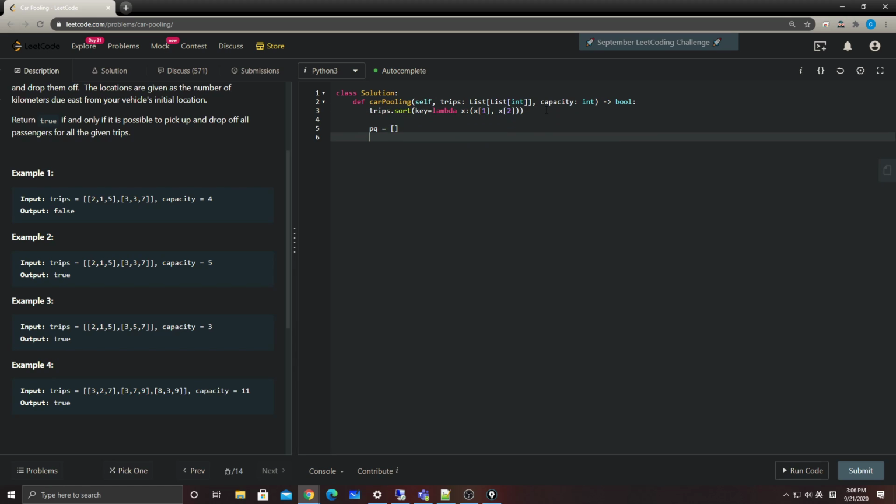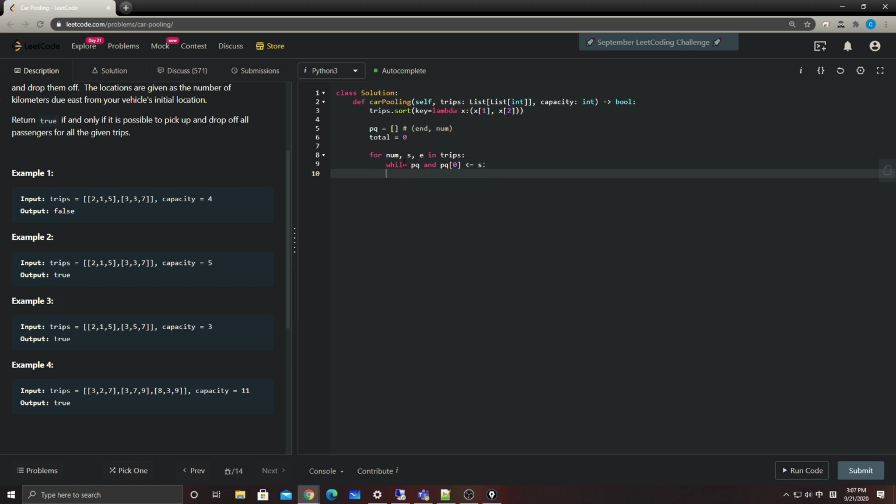And I have a priority queue here. Basically, for number, start, and end in the trips, I also have a total here. At the beginning I will try to pop everything in the priority queue. In the priority queue I'm going to store two values: the first one is the ending time, and the second one is the number. Because I need to use the ending time to help me pop everything. So while the priority queue is not empty and the priority queue's first element is equal or smaller than the current start